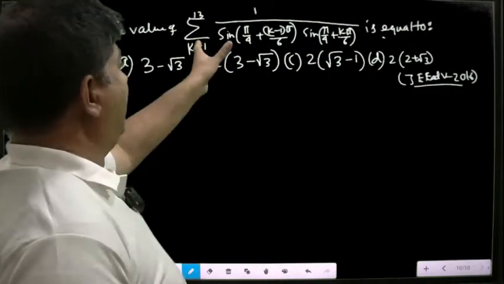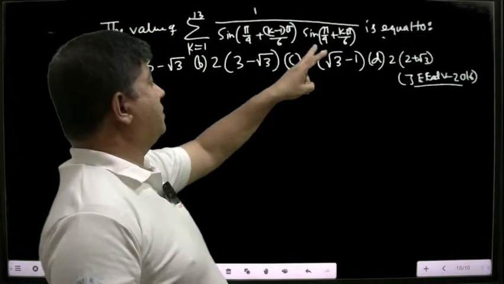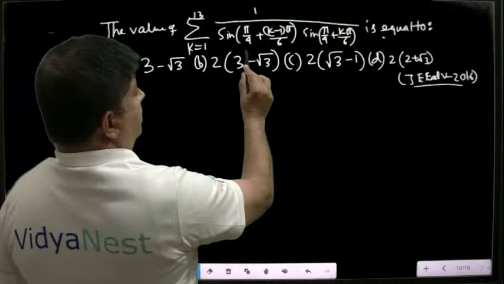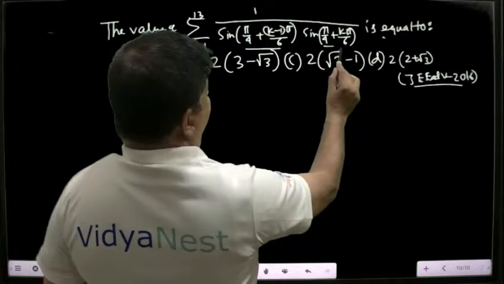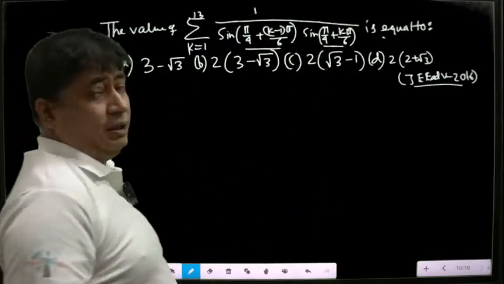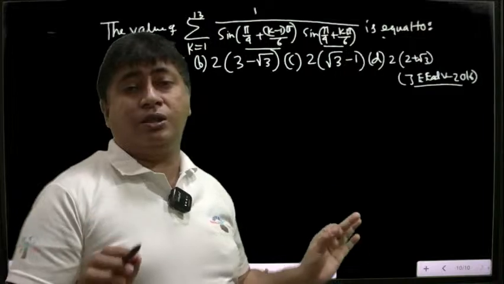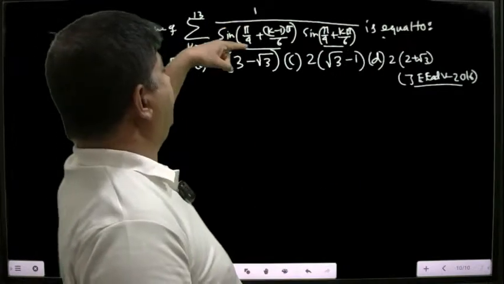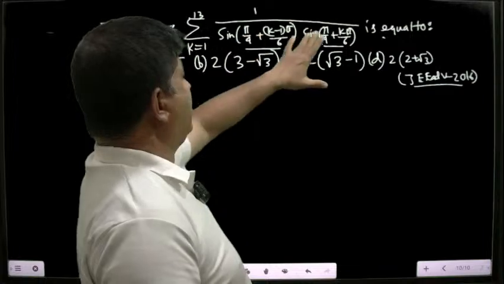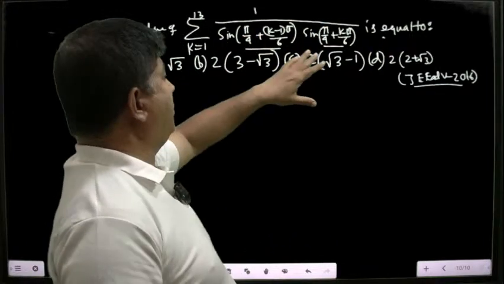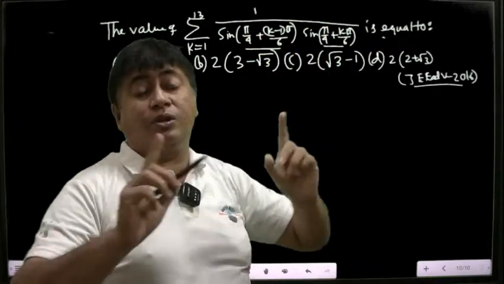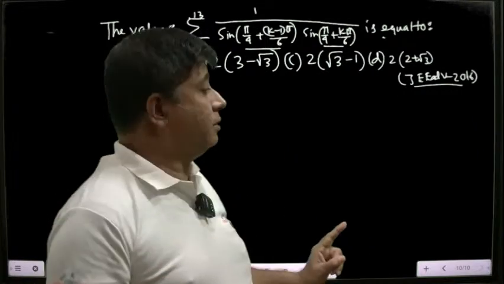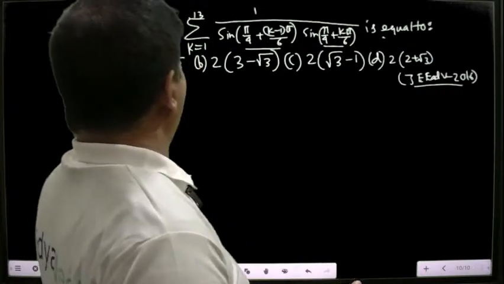So once you get this type of expression, you always find out the difference between the angles of two consecutive trigonometric ratio products. ठीक है, यहाँ अगर डिनोमिनेटर में दो साइन का प्रोडक्ट है और दो कॉस का प्रोडक्ट है, उसका जो एंगल है उसका बीच में जो डिफरेंस है उसको निकालना होगा। ये है इसका ट्रिक।